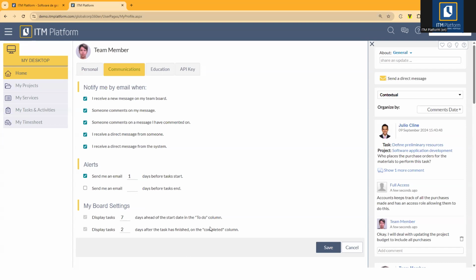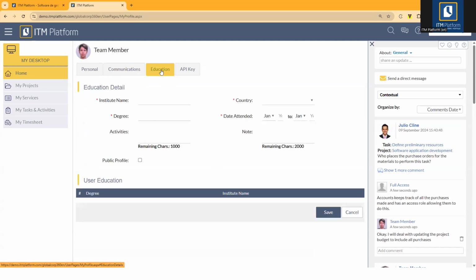And also from the completed column, I don't want to see them all forever. I know that I have worked a lot, but I don't want to see them there, right? So you can display them up to 2 days after the task has been finished. But after that, I don't want to see them anymore. All right. Also, you can complete information about your education if that is important for your system